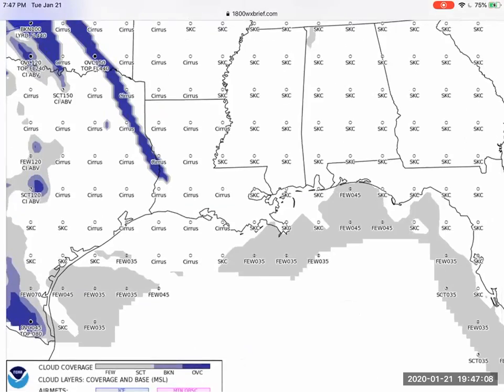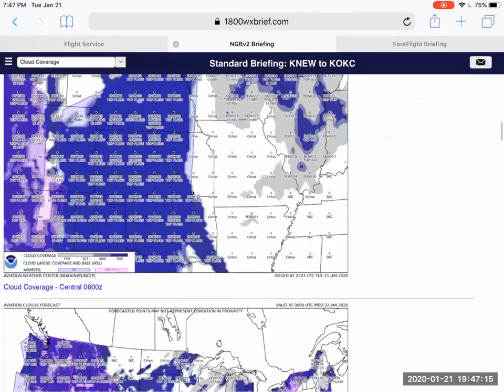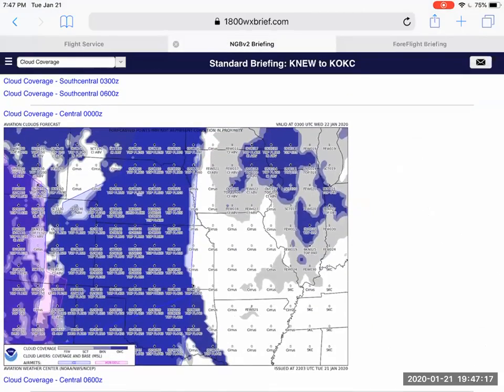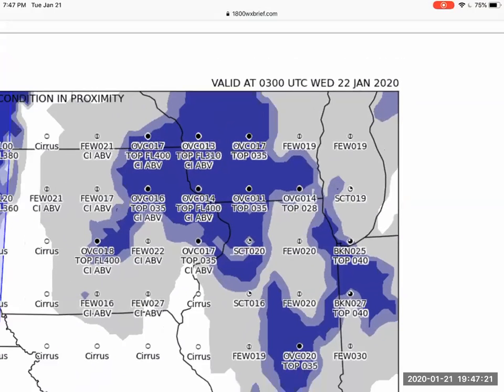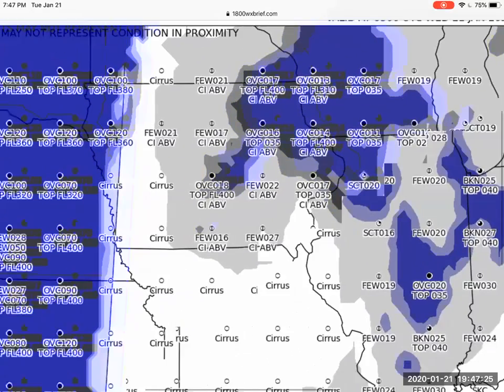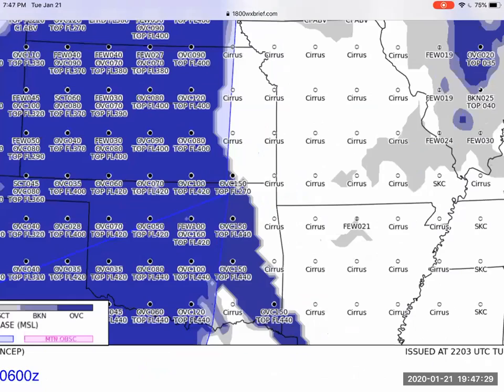However, this of course is already passed, so it does not apply. There we go. So let's jump ahead. This one is at 0300 Zulu, which would be closer to our planned departure time at 8 p.m. And as we can see, things look a whole lot different, so much so that you kind of lose track